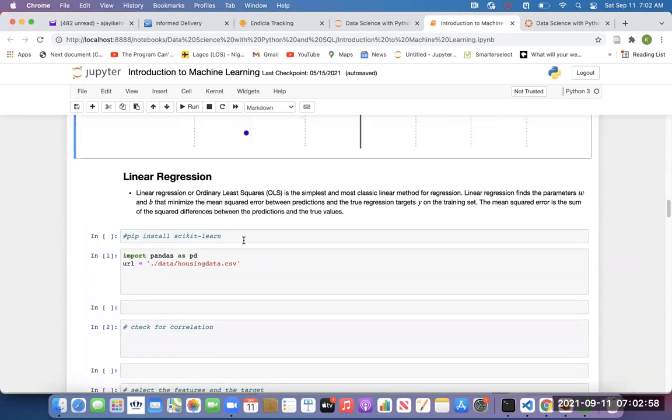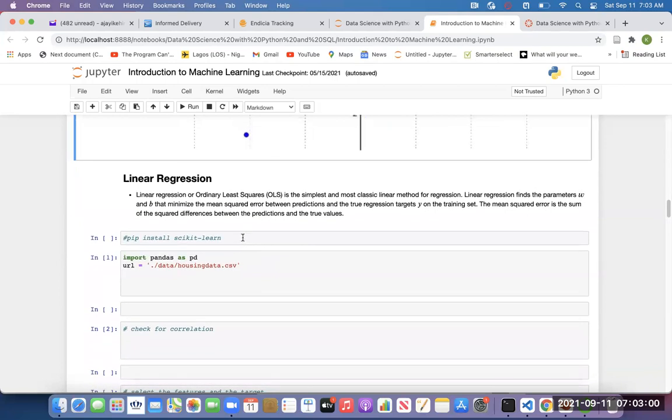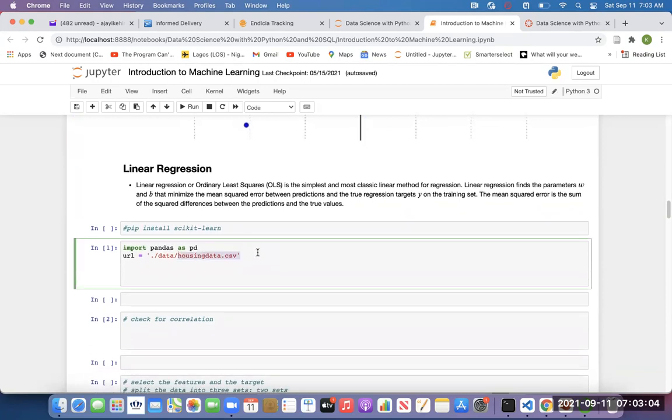Now the data I'm going to use, you have it also in your Canvas dashboard. I'm going to use the housing data. The library that you are going to be using for building your machine learning model is called scikit-learn, S-C-I-K-I-T, learn, L-E-A-R-N.